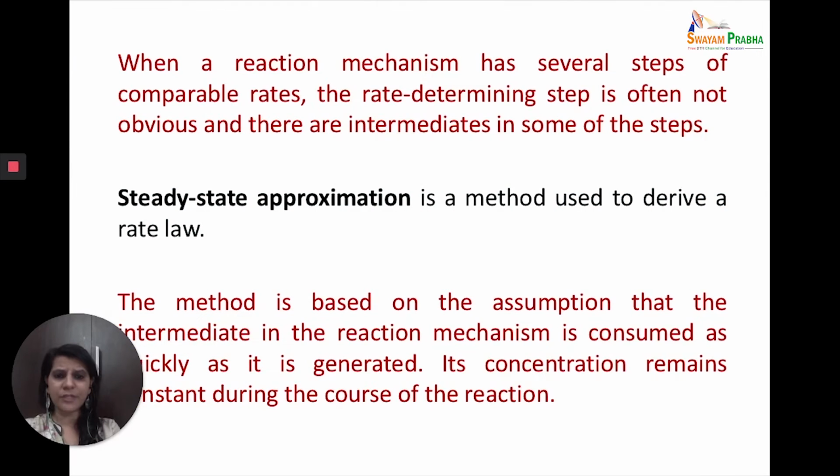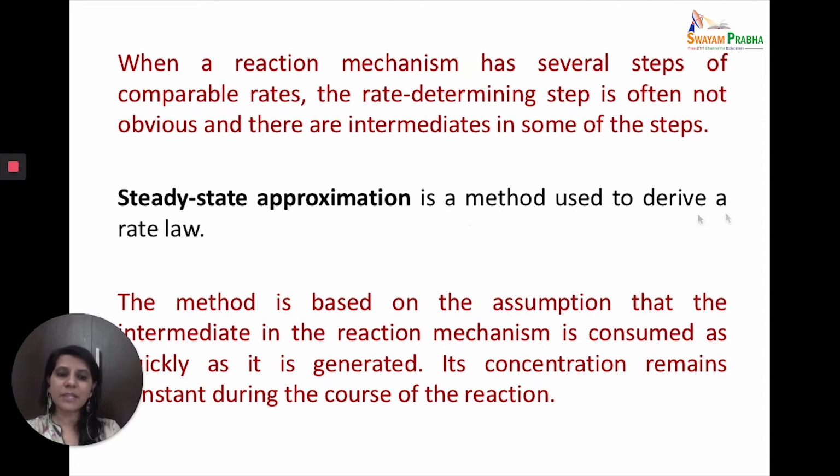One way of finding the rate law for a reaction mechanism is to look at the rate determining step, and from the rate determining step we find the rate law. But if you do not have a mechanism in which you can predict which is the rate determining step, or the elementary steps have values of K which are almost in the same range, then you cannot apply this method. In that case, we use what is called the steady state approximation.